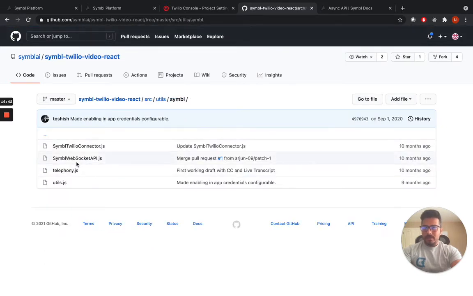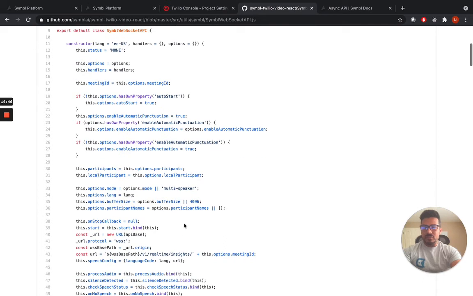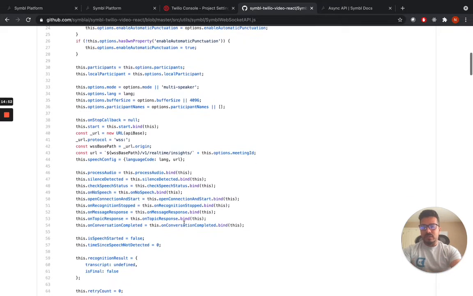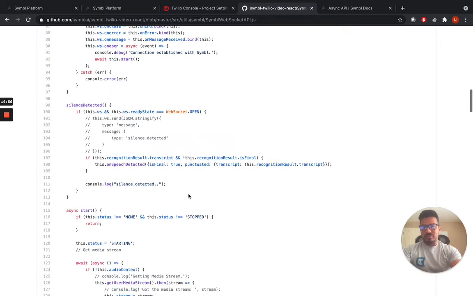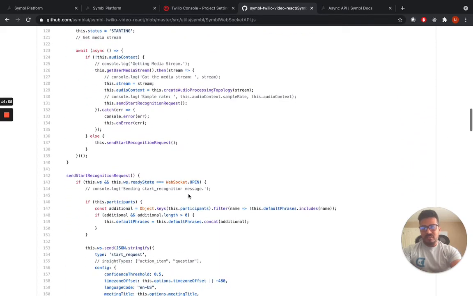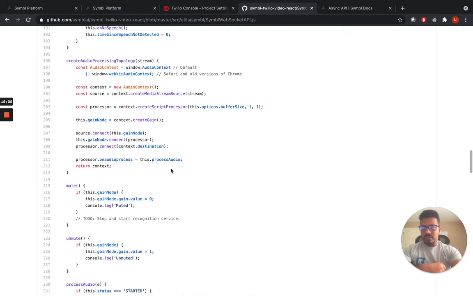Other than that, there is a Symbl WebSocket API file as well. This is basically where you receive messages from Symbl. We have all the handlers over here for what happens when you get a message or silence is detected, when the connection is started, and how Symbl sends a start recognition request. All that code is here. Also, you will see this function, create audio processing topology.